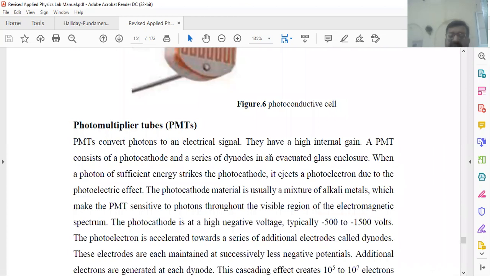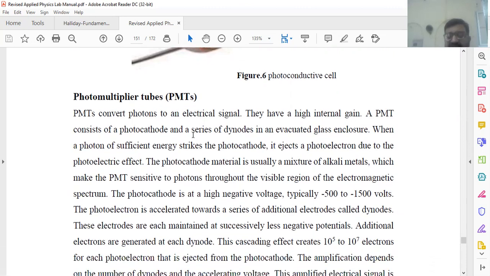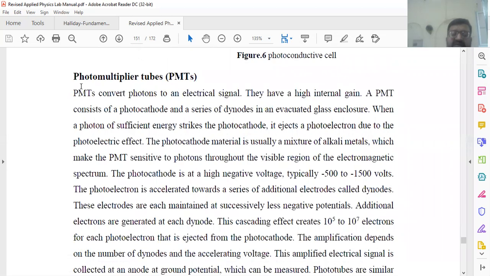One of the major applications is the solar panel, which is being used these days to convert light into electrical energy. It provides DC current, and we have to convert that into alternating current, and then we can use it for our home appliances. So a very important application for this experiment is the